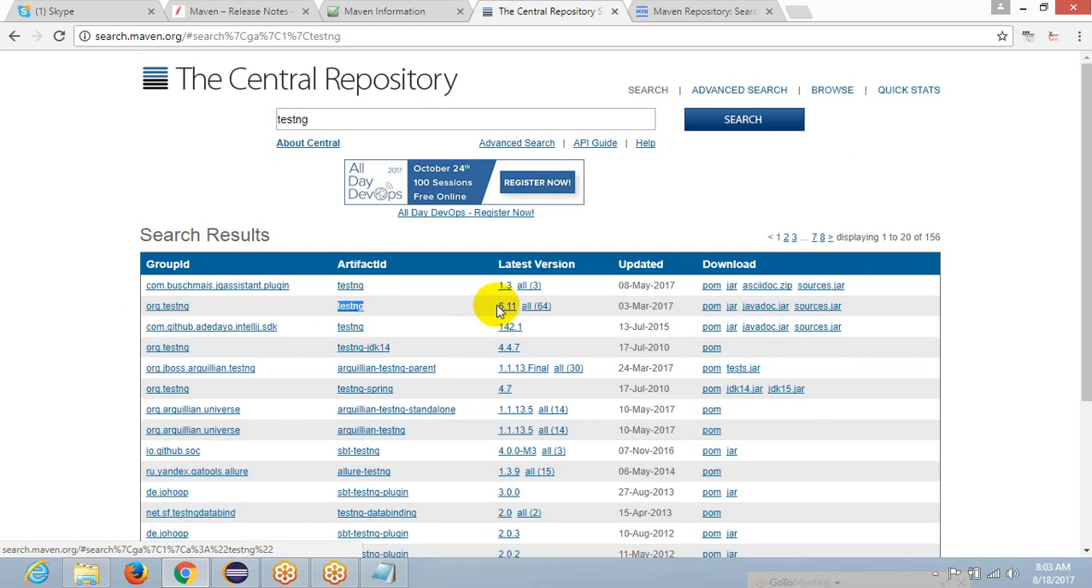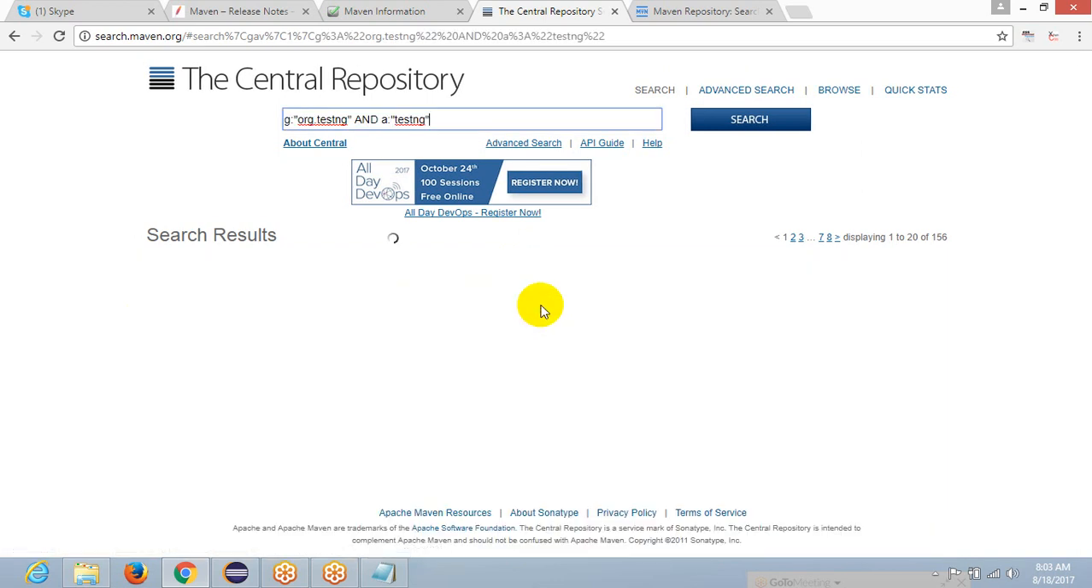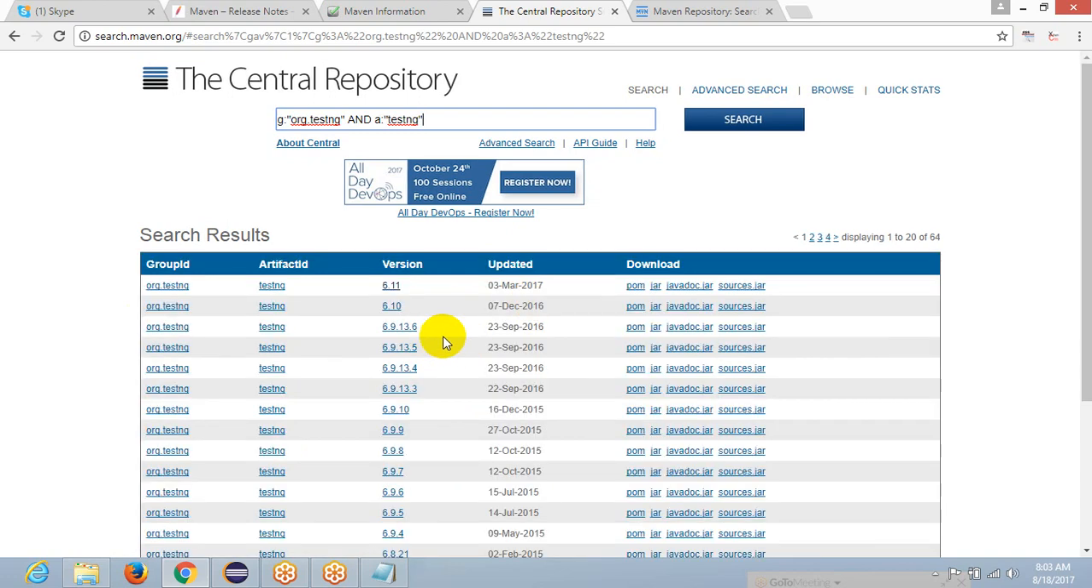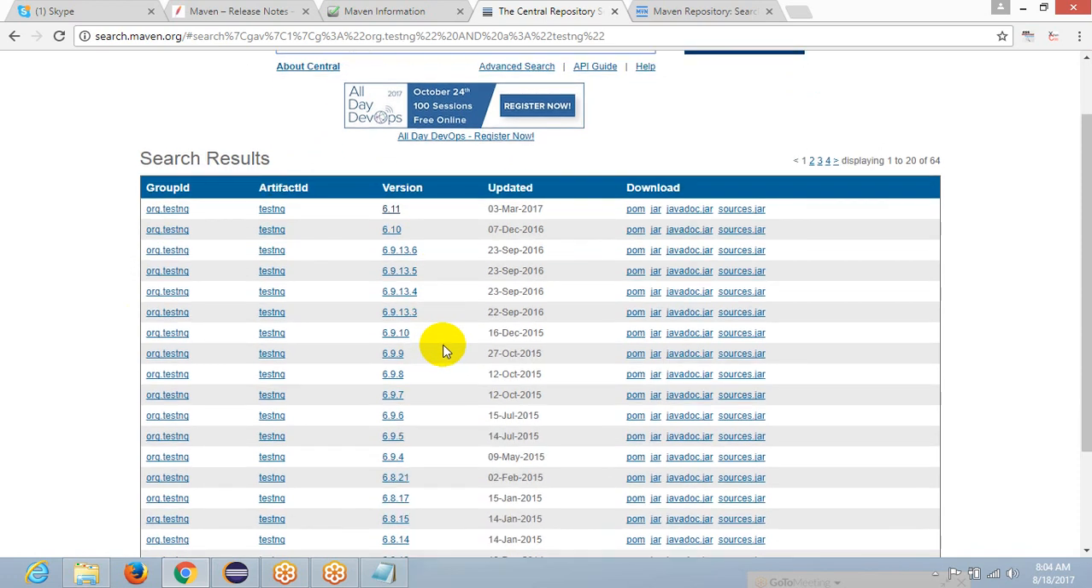Okay, so the latest version available is 6.11. If you want to see all versions, click on all. So it will list down all the versions and their release dates also, published date basically. So the version that I specified is 6.9.10. This is the version that I am using